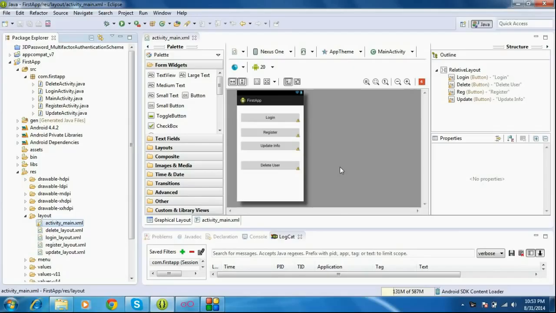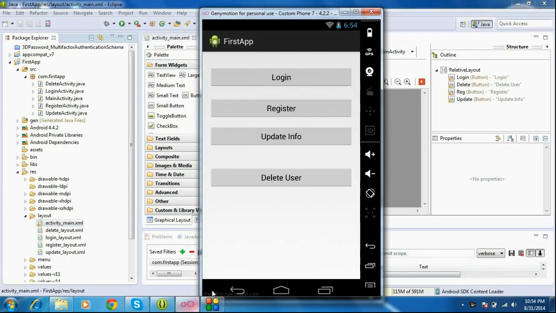Hello guys, welcome back to a new tutorial series of Android SQLite tutorial. In this tutorial series, I will demonstrate all the database operations like insertion, deletion, updation, creation of table, etc. using a complete Android application. So you can easily understand the SQLite database because I demonstrate all the database operations based on a complete Android